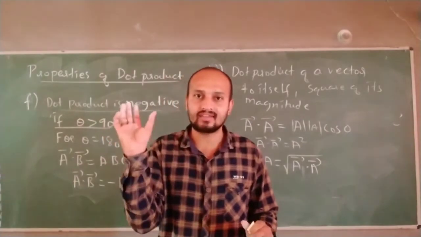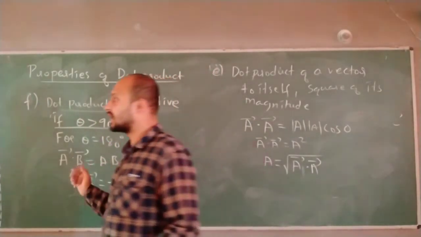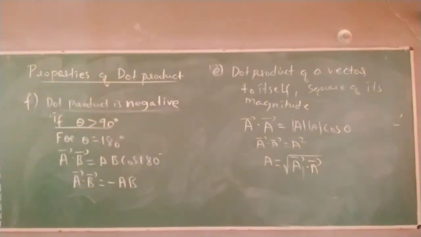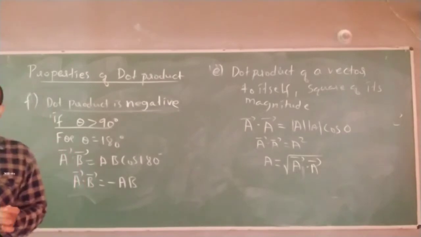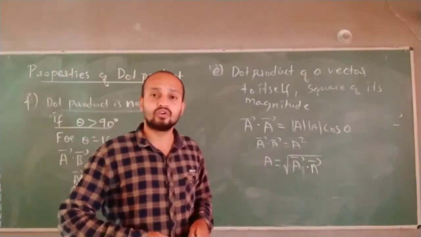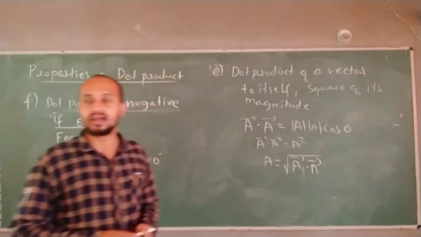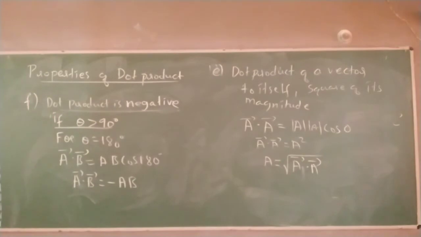Can you find a mass negative? You will never find a mass negative. Correct? Like that. So scalar quantities are usually not negative because we are not defining its direction. Usually a sign refers to direction most of the time. For example, it refers to direction. So let us take another property. If dot product is negative, theta is greater than 90 degrees.